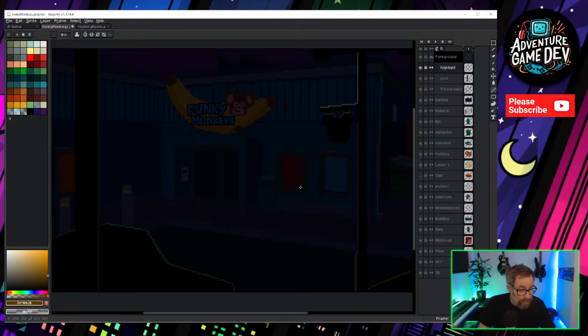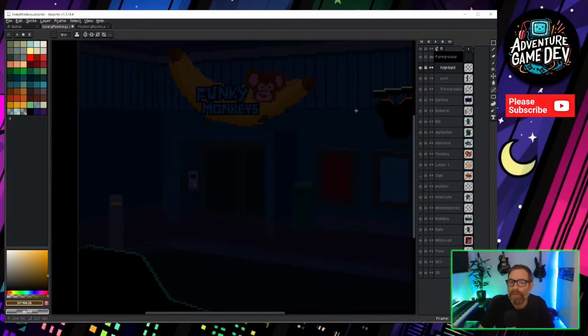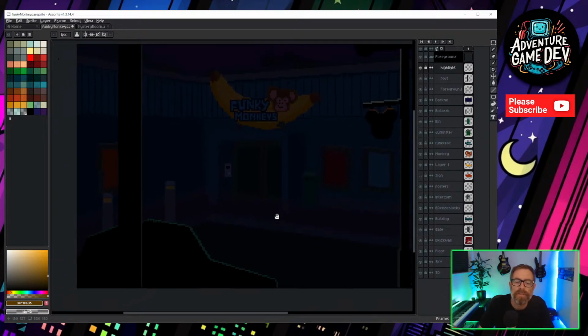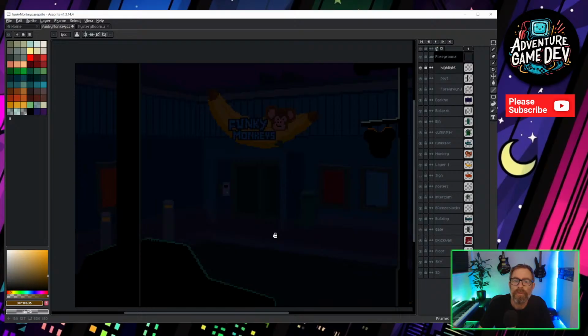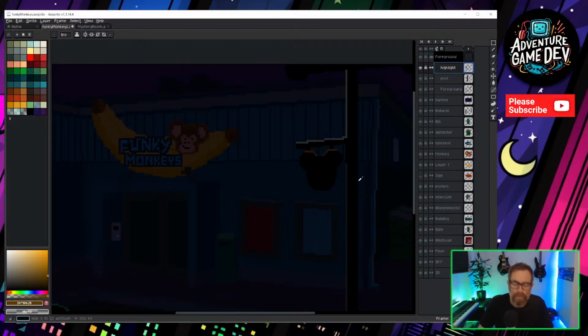Of course, one of the problems when you're making a game that'll go on Steam or Itch or something like that, it's really hard to know what everyone's monitors are set to, and whether something you're trying to make really dark and moody ends up just being this palette of mush on somebody else's computer. But them's the breaks, unfortunately. There's no way of knowing. So let's just dial that down a bit as well.